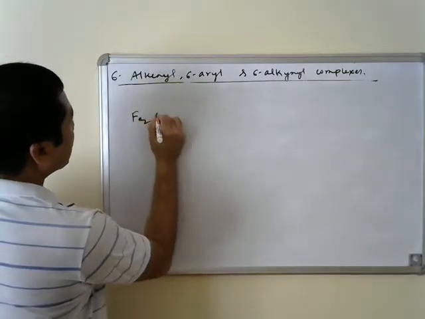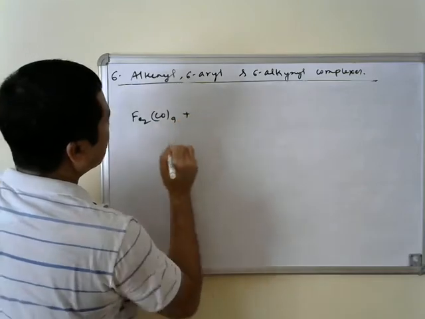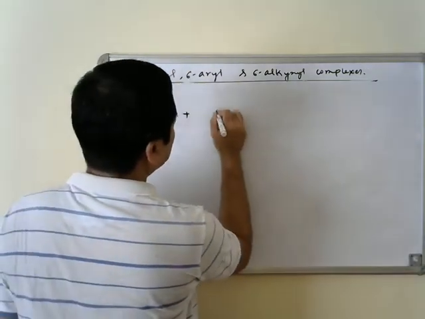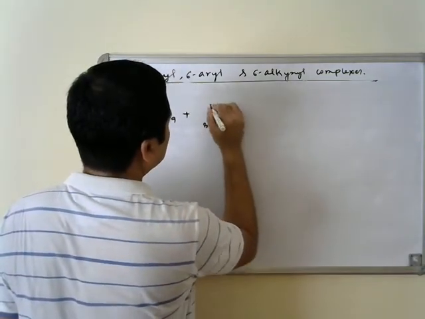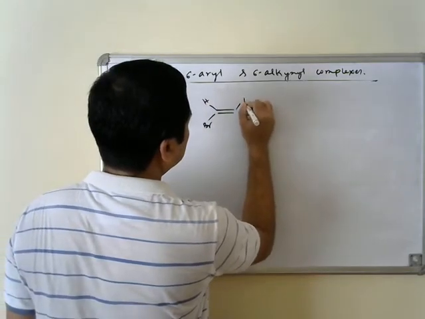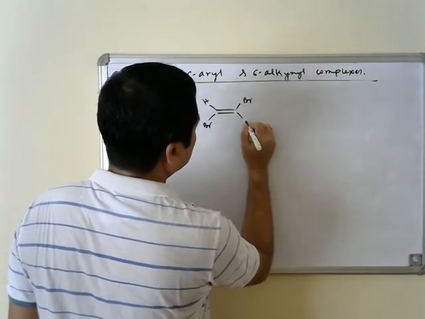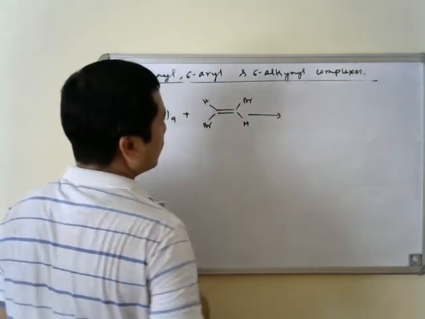So if you take Fe2(CO)9 and then do a reaction with trans-dibromoethene,